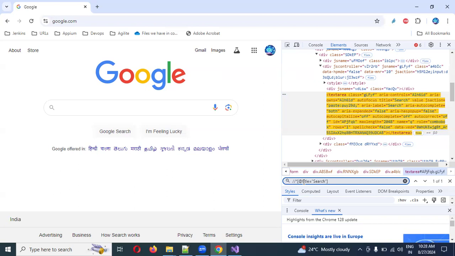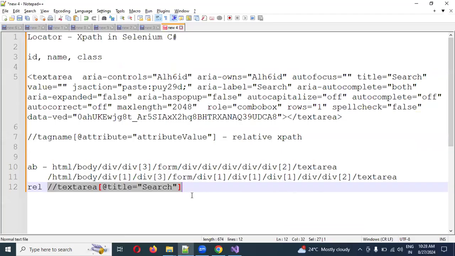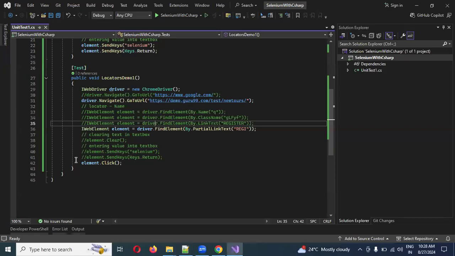Okay, but most of the time it is not recommended. In a very rare case you can use it. In case that particular attribute is only one, then you can reuse it. Okay, this way we can create it. Now we can see how we can hit it. Okay, now I'm copying this one